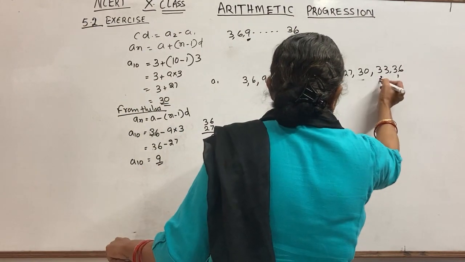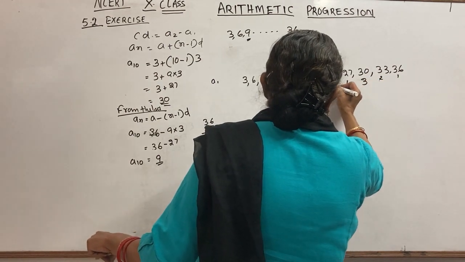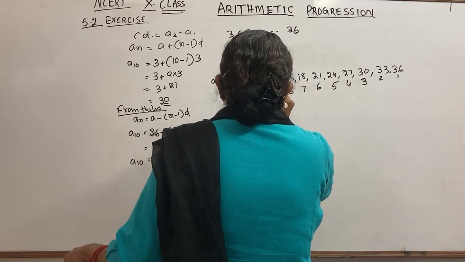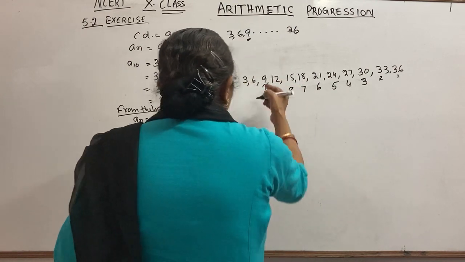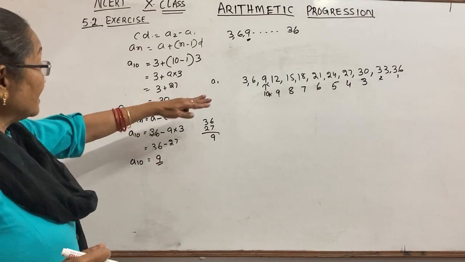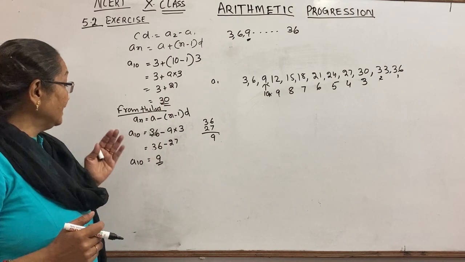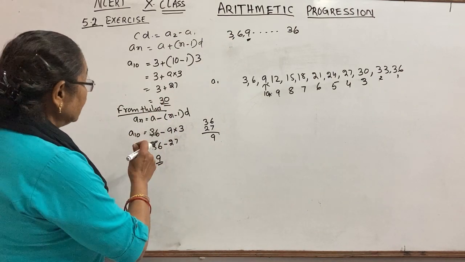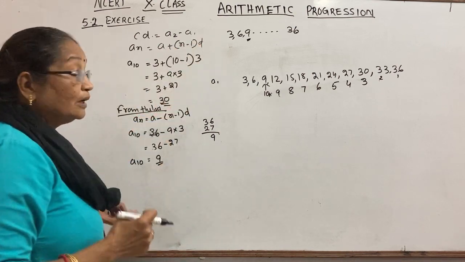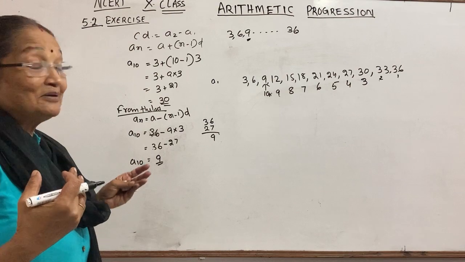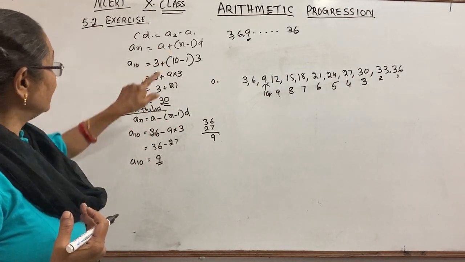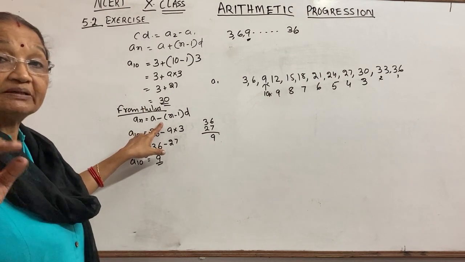This is first term, second term, third term, fourth term, fifth term, sixth, seventh, 8th, 9th, 10th. You got it? 10th term is what? 9. The 10th term is 9. Okay. Now, from the last means from the end we find the 10th term, he says. So what we did, we put the formula, what our general formula is A plus n minus 1 into d, isn't it? But from the end, this plus will become minus.